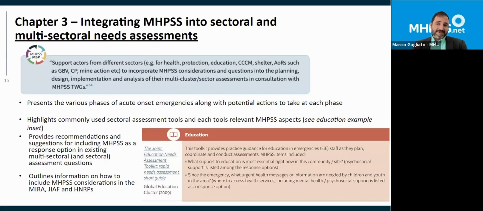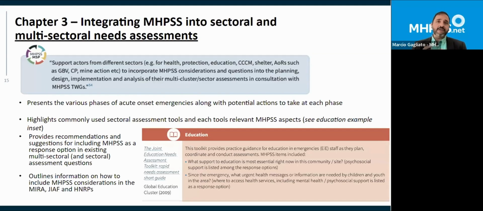Basically, there is a lot of information and many instruments, very straightforward. The guidelines don't discuss many things; they just present several tools in a very straightforward way on how to support the different actors from other sectors, going beyond health, engaging the educational sector, the social services sector, the so-called protection sector, preparedness sectors, and the security force sectors, in how to integrate MHPSS questions in their planning, in their designing and implementation of their analysis of the needs and resources of the affected